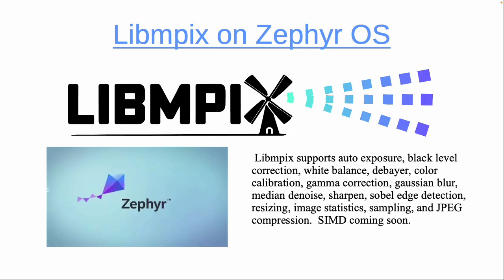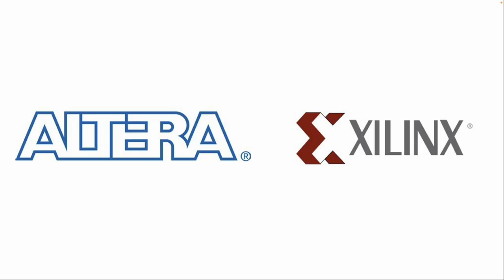So the way that libmpix works, remember they don't have much memory, and so they have a ring buffer. The pixel comes in and gets written to somewhere in memory, and while it's waiting for the next pixel, it can process them, and then it gets sent out from the end of the ring buffer. So very, very interesting. And very shortly they'll have single instruction multiple data, so it'll be able to do even more faster. Maybe they have SIMD by now.